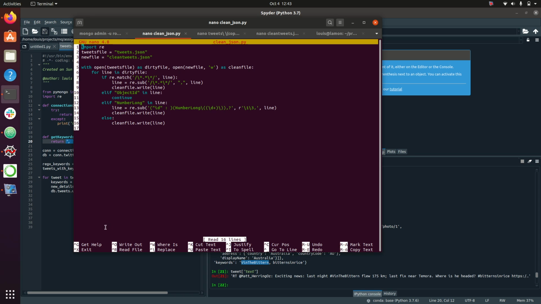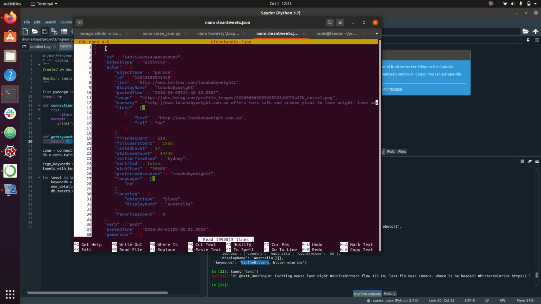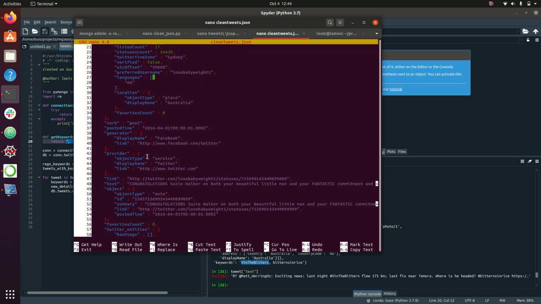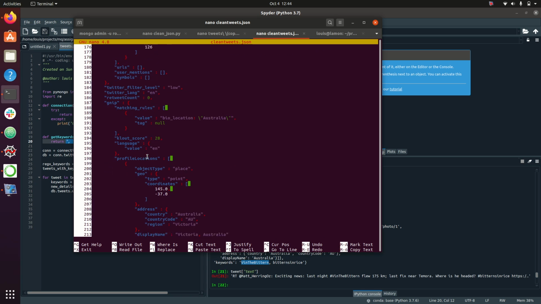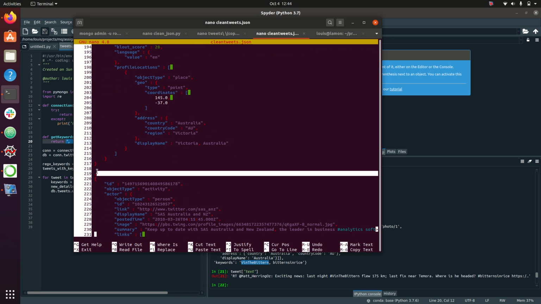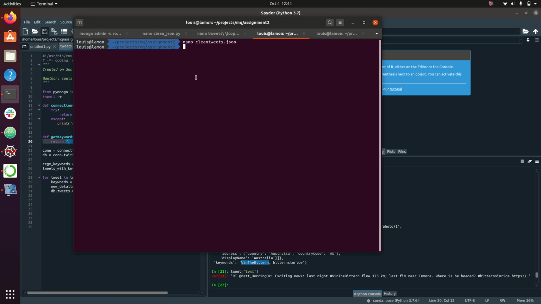And then at the end of that process, I had a new clean tweets JSON file. You can see here I had added this JSON file into an array of some sort, so everything is actually easily importable. And yeah, there's no object ID in this file. As I said, it will be added when you import it. And then at the end, let's see, yeah, here there was a comment, and then it got replaced by a comma, and that's it. And that's how I was able to import the file, and you saw how I was doing the queries initially. That was after